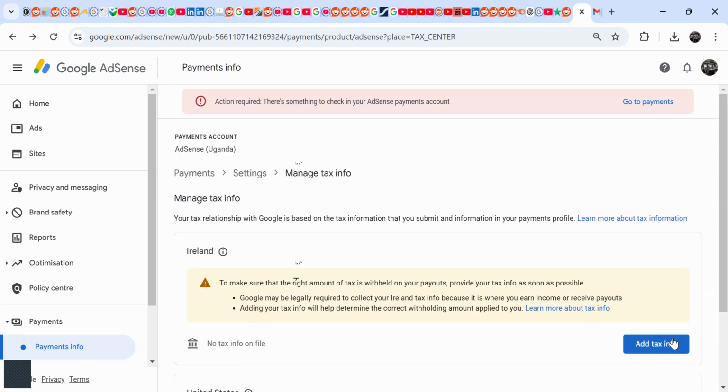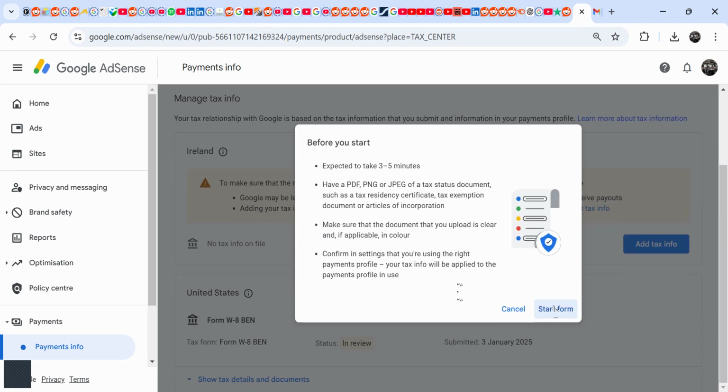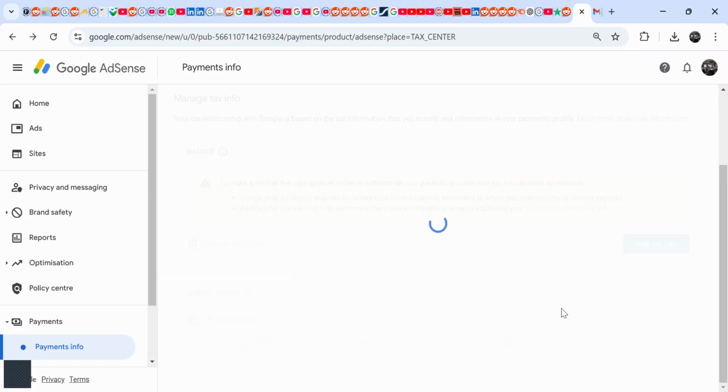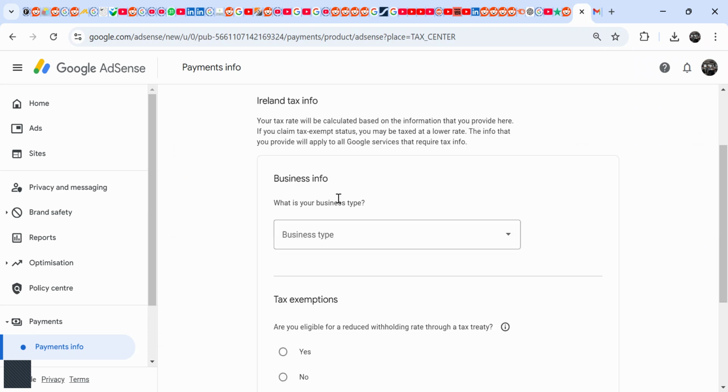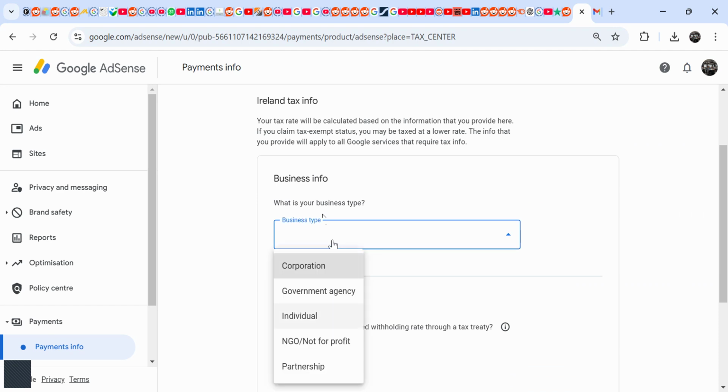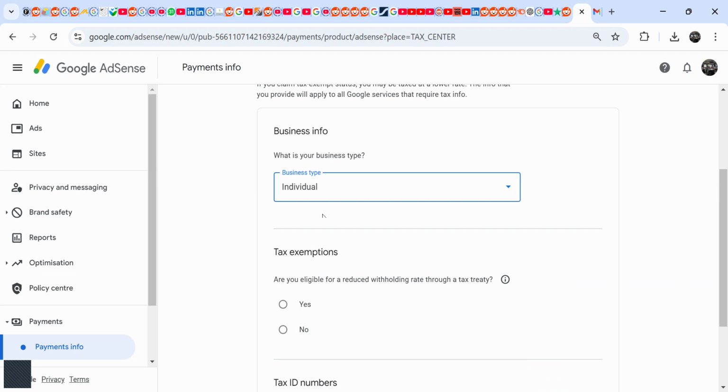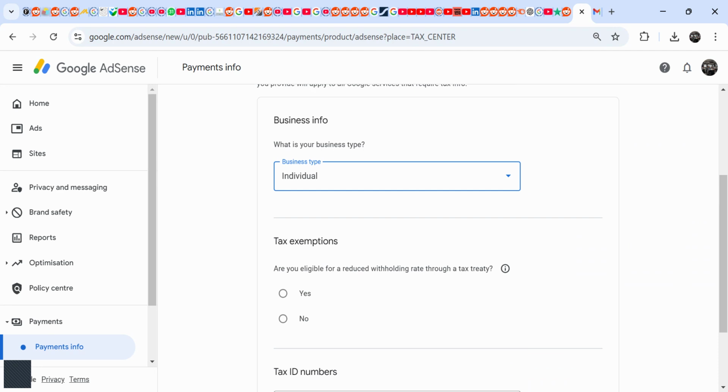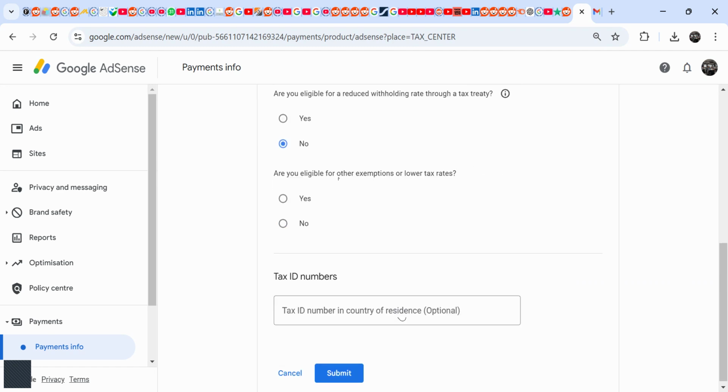Now we're going to click on Add Tax Info. Start. What is your business? This is an individual. Are you eligible for withholding rate for a tax treaty? Nope. Eligible for other exceptions? Nope. I'm doing this from Uganda, so